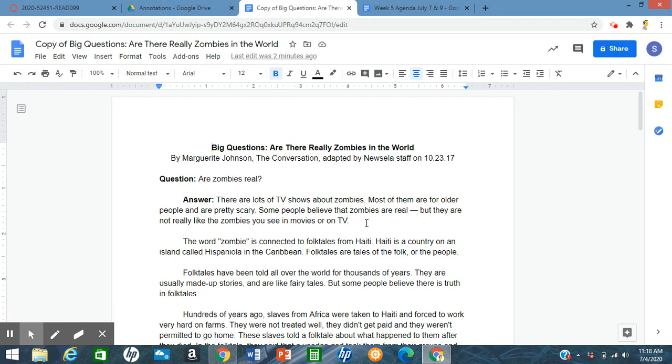And with annotations, again, remember it's similar to an outline where you're taking the most important information and concepts. The difference between an outline and an annotation is that with an annotation, you're actually going on there and taking notes on the article or piece of work. You're interacting with the text versus an outline where you're going to create a separate document, or you would create on a separate sheet of paper possibly and just take the major points and major details of everything,